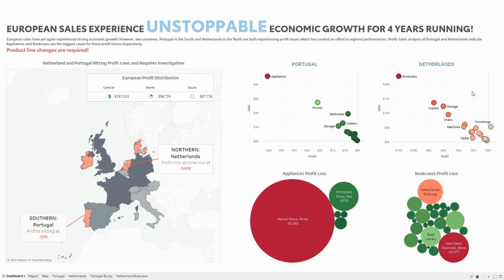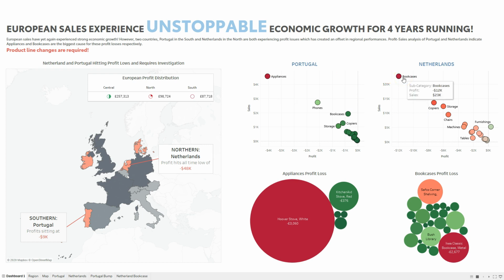So this is the way I design, because then I can go to my managers or the business I'm dealing with and say, hey, there's my recommendation. Here's where you start, right? Start with appliances, start with bookcases, fix that, and we'll move on to the next thing. Because behind all of this, in terms of actionable data, is the strategy of how we go about fixing this. And that's usually outside of Tableau, right? And I can make it a lot easier for people, because instead of telling them, hey, listen, you've got to fix like eight categories, most people would just be like, oh, where do we start? What do we do? So you give them a starting point. And from here, appliances and bookcases is your starting point if you want to fix this.